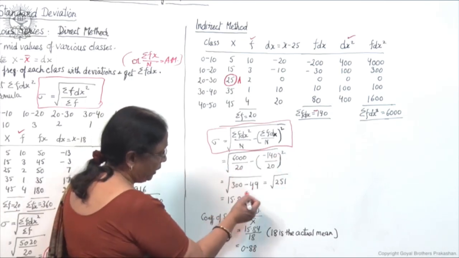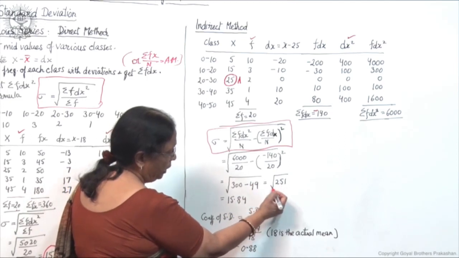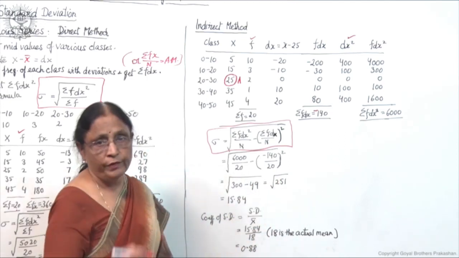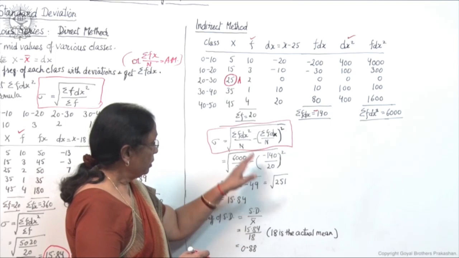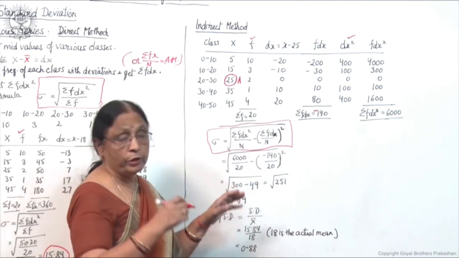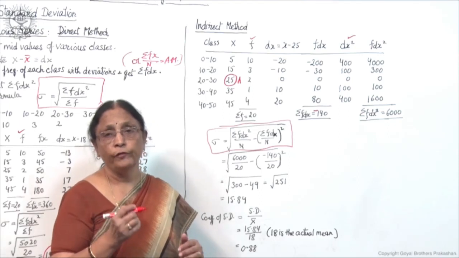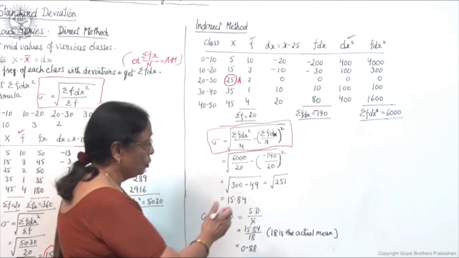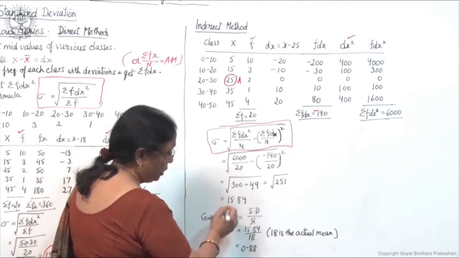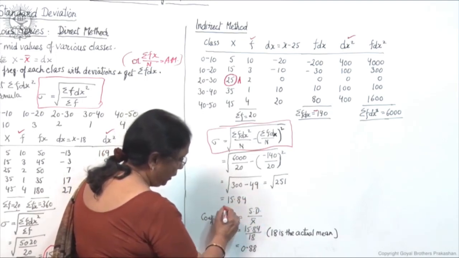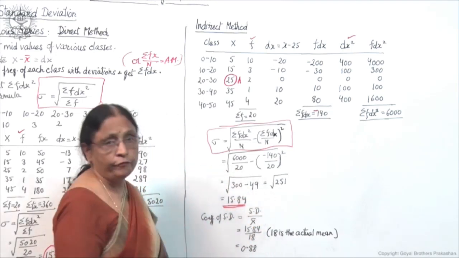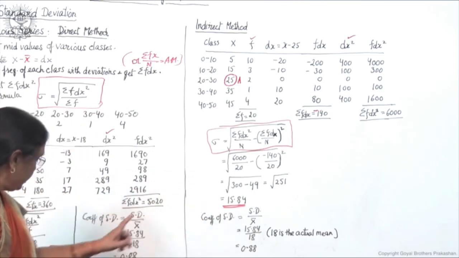Then simplify the values, you get 251 under root, always under root sign here, do not forget to write down under root sign, because standard deviation is the under root of certain value. So under root of 251 you have got, simplify this and you get 15.84 as standard deviation,